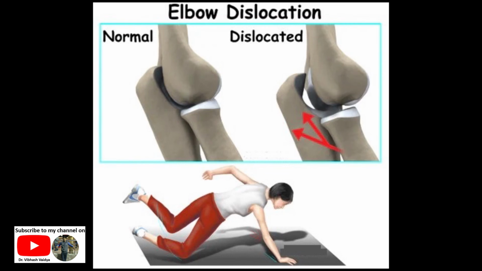The dislocation of the elbow joint is produced by a fall on the outstretched hand with the elbow slightly flexed. The olecranon process shifts posteriorly and the elbow is fixed in slight flexion. Normally in the extended elbow, the tip of the olecranon process lies in a horizontal line with the two epicondyles of the humerus, and in the flexed elbow the three bony points form an equilateral triangle. These relations are disturbed in dislocation of the elbow.